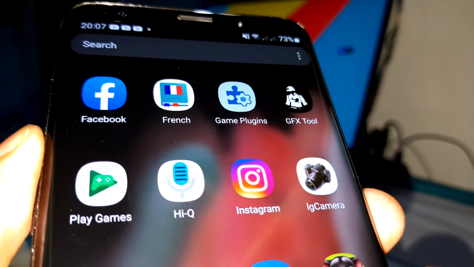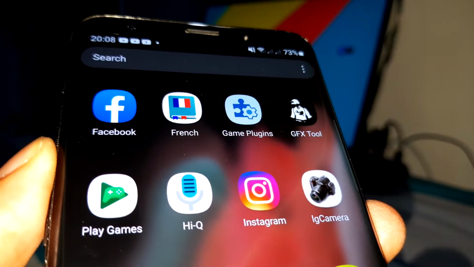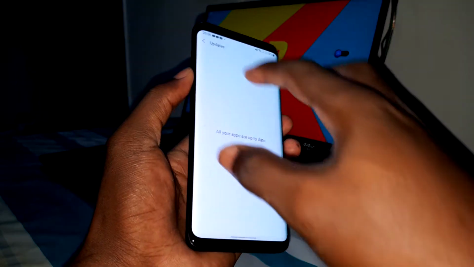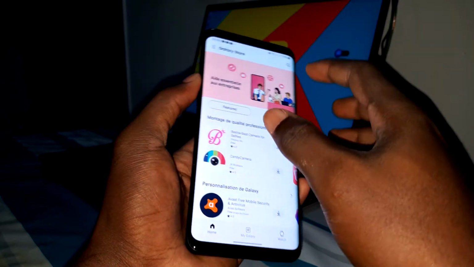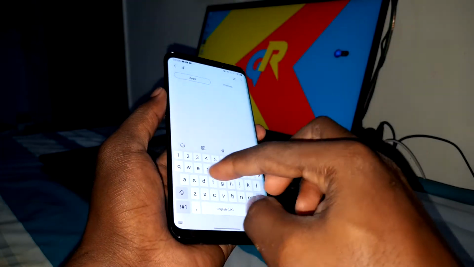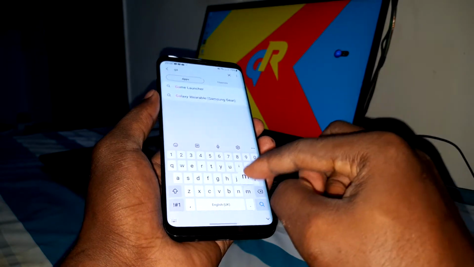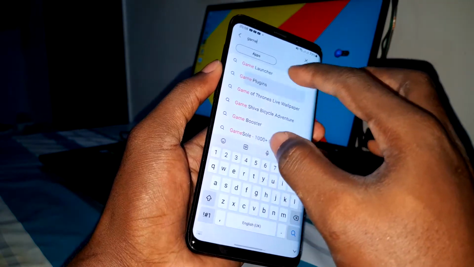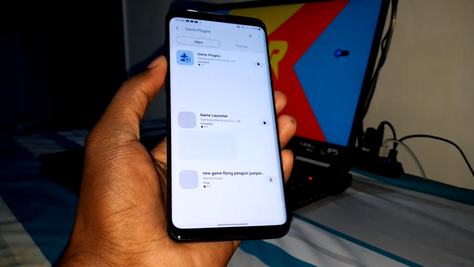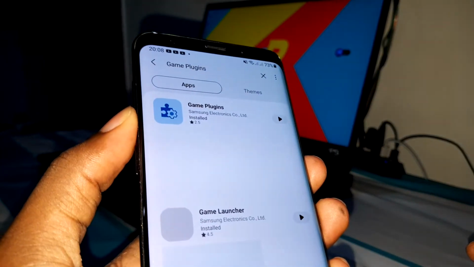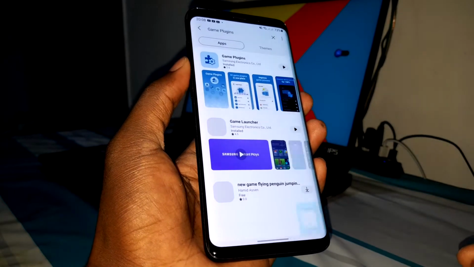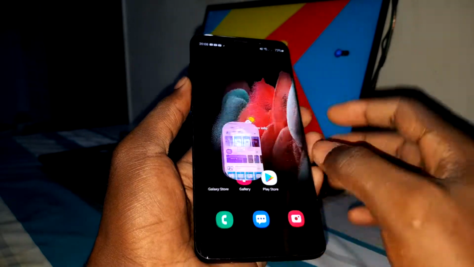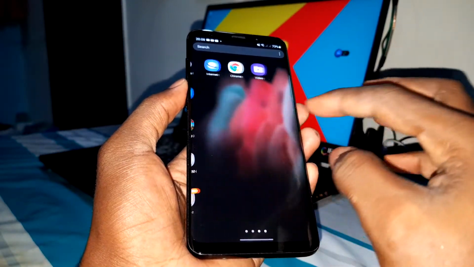You come here on Galaxy Store and you're looking for Game Plugins. When you have it, you can install this. Now you need to install another thing that is called